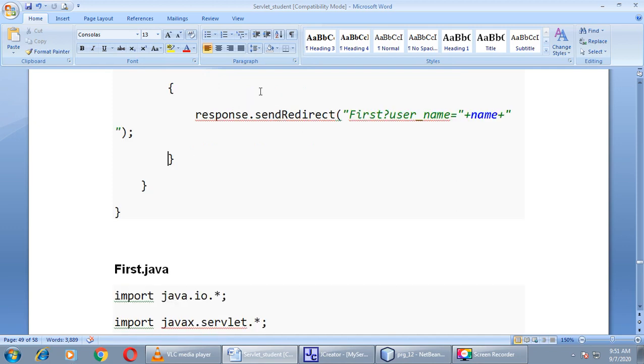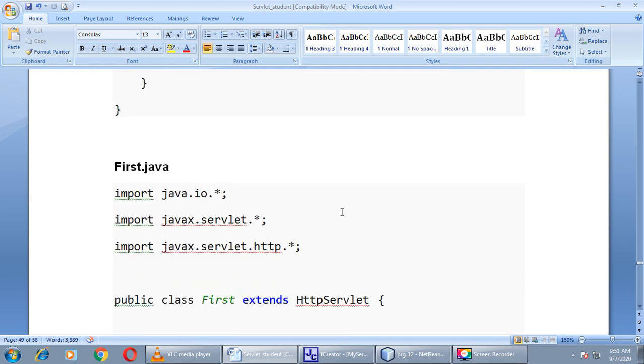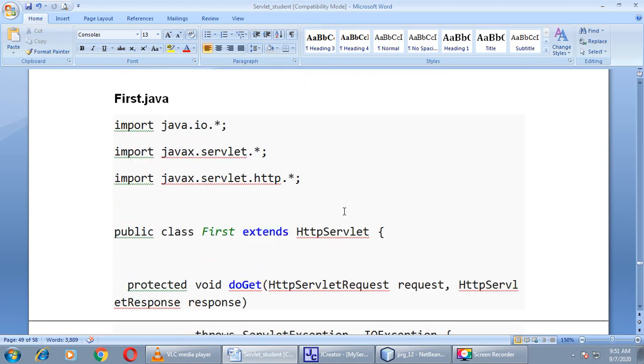Now what is the coding of first servlet? For that develop your second page with name first.java. Again these three packages are required: import java.io.star, javax.servlet.star, and javax.servlet.http.star. Public class first extends HTTP servlet.